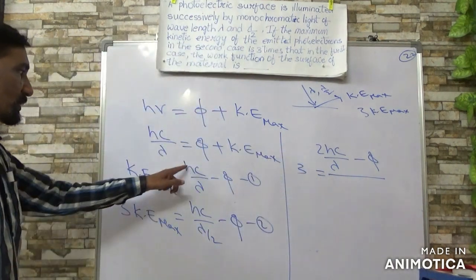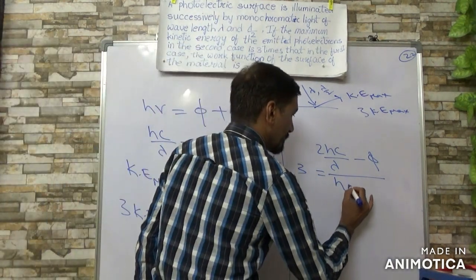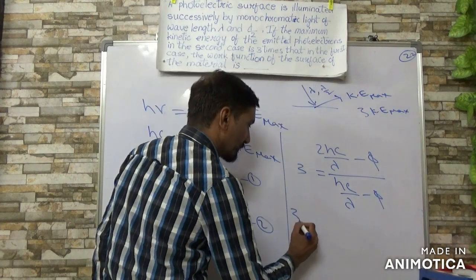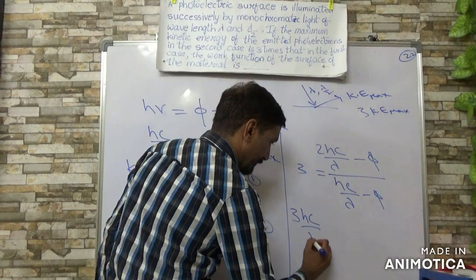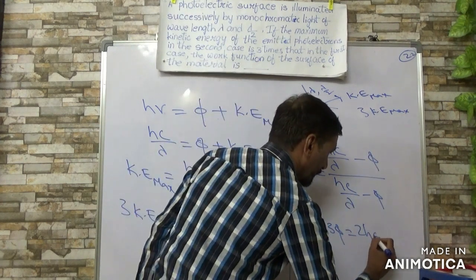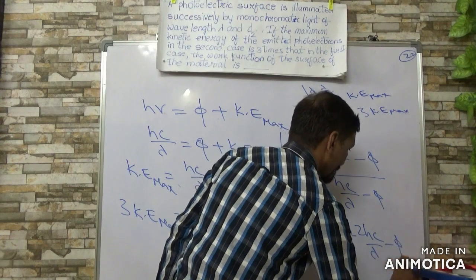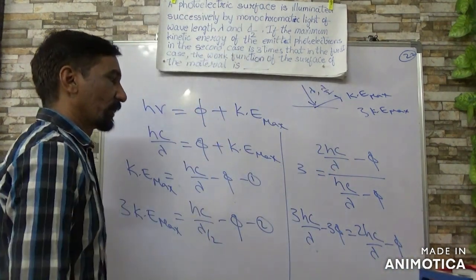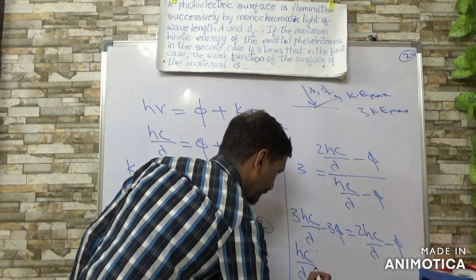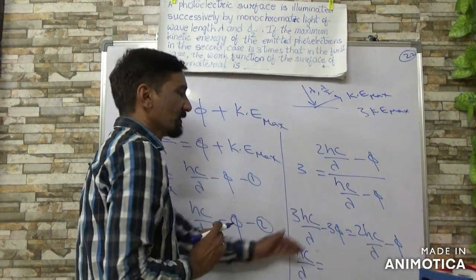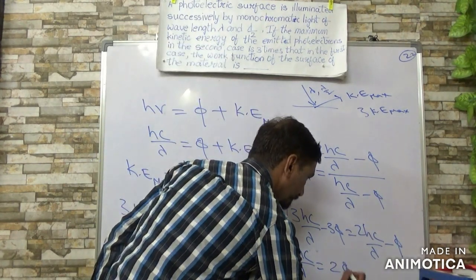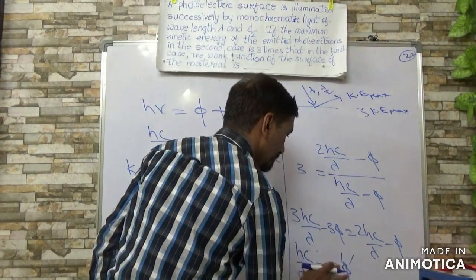Okay, now the first one, hc by lambda minus phi, na, so cross multiply: 3hc by lambda minus 3 phi, that is equal to 2hc by lambda minus phi. So you get hc by lambda, na, this if you take to the other side, 3 phi minus phi, 2 phi, so phi becomes